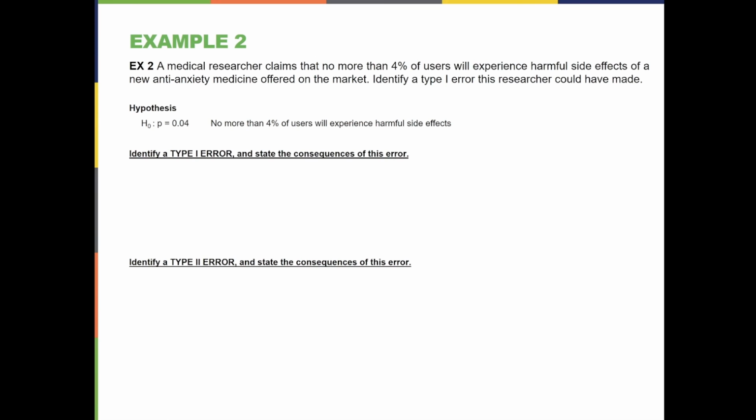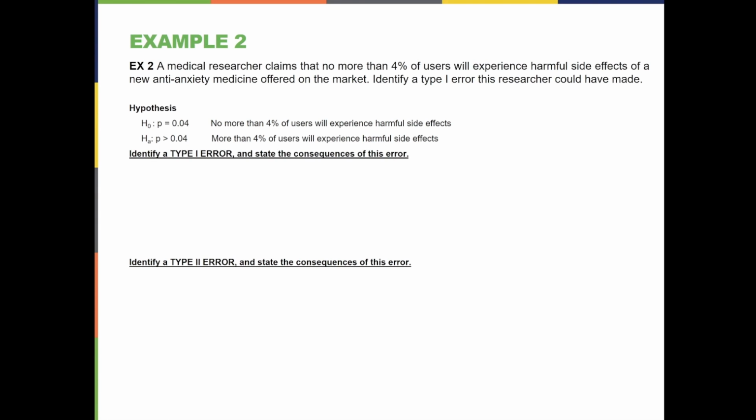H0 is that p equals 0.04. That means no more than 4% of users will experience harmful side effects. Let's set that as our null. HA, what we're going to test for, is to see if more than 4% of users will experience harmful side effects. That should be our experiment because it has some consequences if more than 4% of users are experiencing harmful